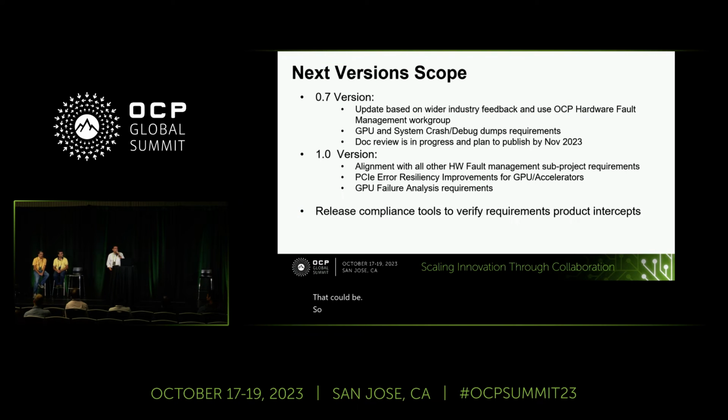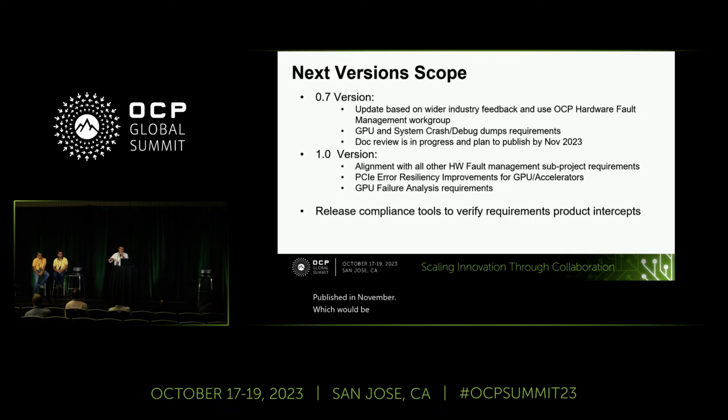So now that we have a 0.5 version out that Rama sort of went through, our next step is to get a 0.7 version out. And that'll be comprising of a few things. One is get wider feedback from the fault management working group, as well as working through defining some of the details around the GPU crash debug dump. And we are planning to publish it in November, and then eventually get to a 1.0, which would be further